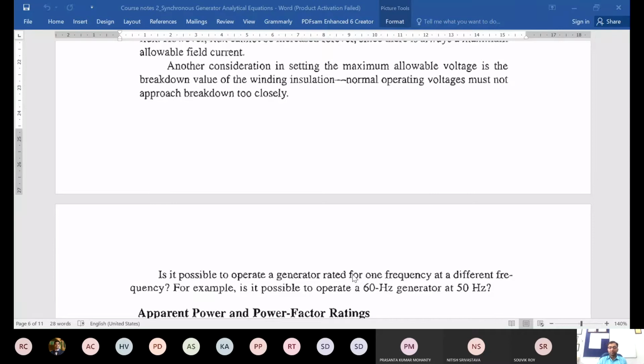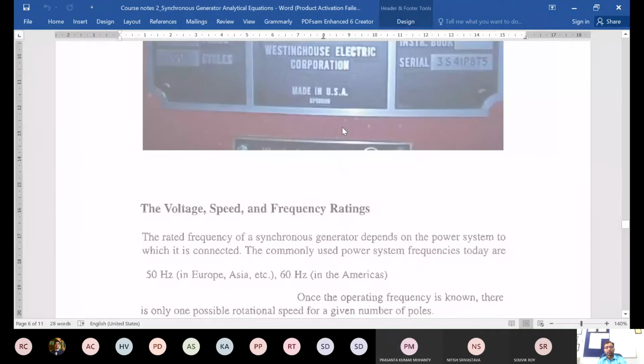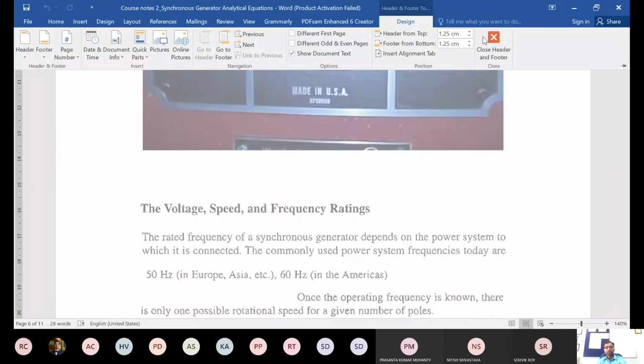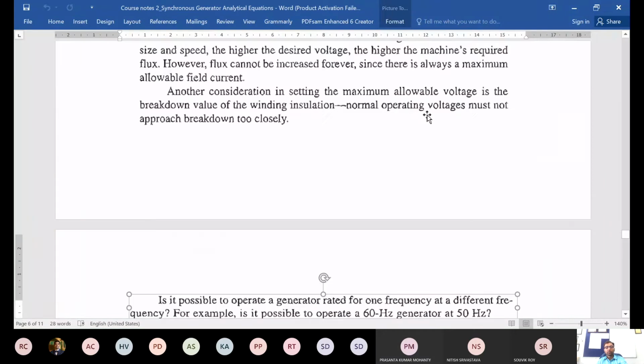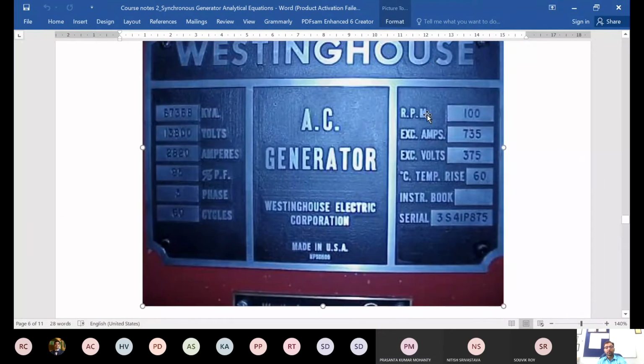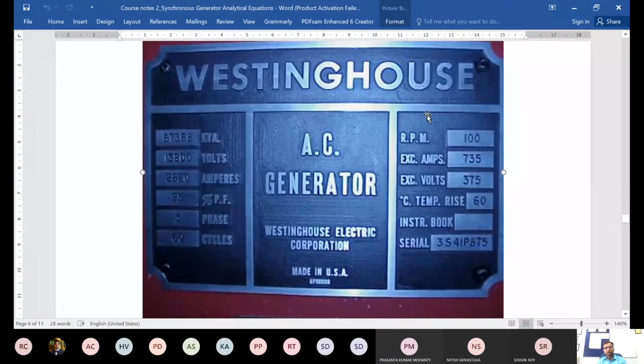So we are not talking about the transmission. I'm just saying that you have a grid which has a 50 Hertz operating frequency. And now let's say you got a generator which has been manufactured or designed for 60 Hertz operation. As a hint, you can have a look at this. Just have a look at these ratings again. What else do you think needs to be adjusted?